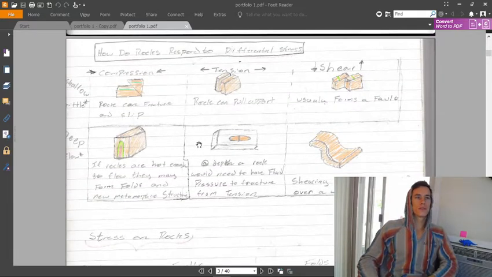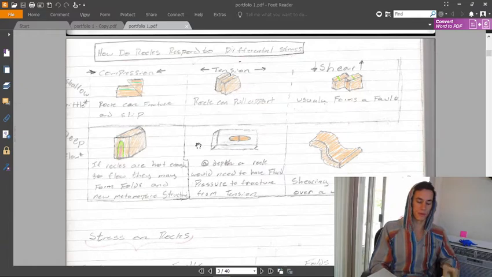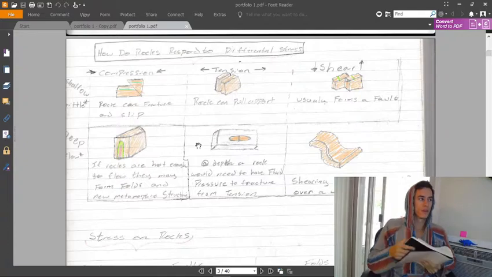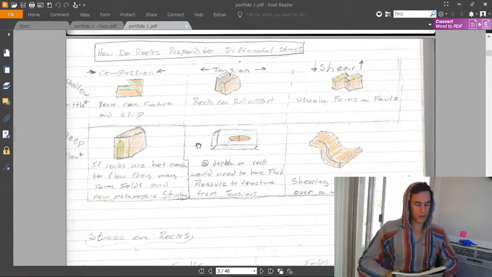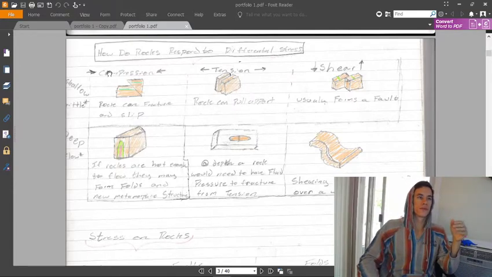How do rocks respond to differential stress? Differential stress, again, is unequal stresses on one piece of rock. Like if it pushes together too much on the sides, but it doesn't have as much pressure on the top, something like that. So shallow is brittle. The rock can fracture and slip. So this is basically saying